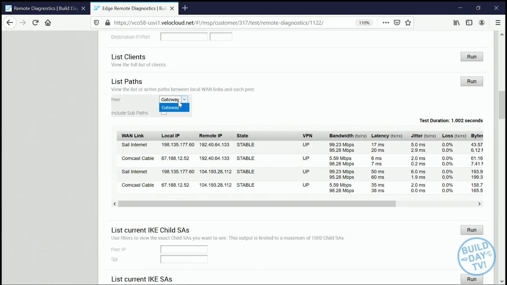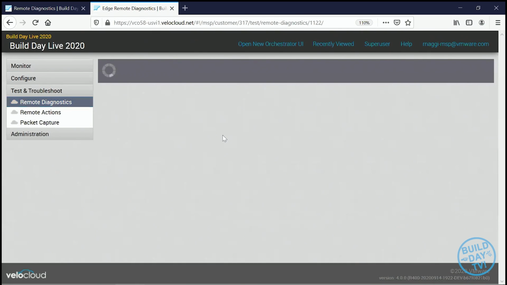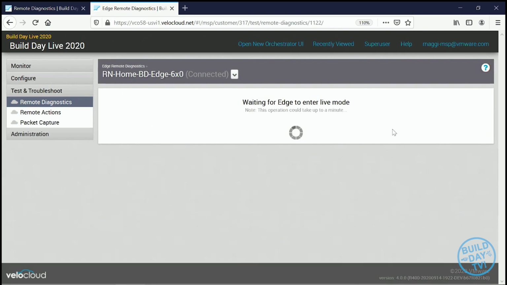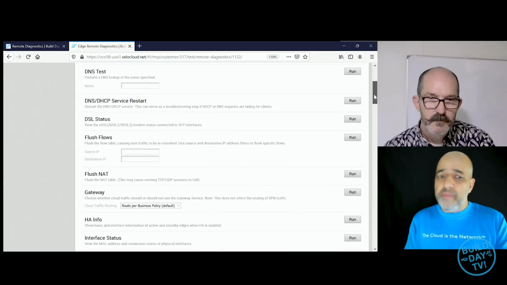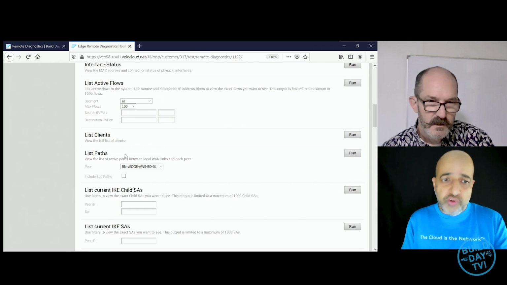Let me also check the list path, whether it has shown the other branch site or not. Let me quickly do that. So all the tools are out here, and when we execute the routing, I don't have to log into the CLI to do show IP route or show IP interface. Everything will be listed out here. So you can see here